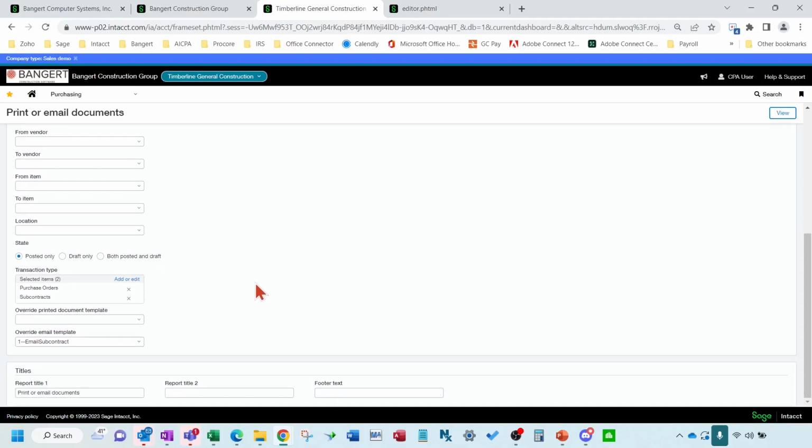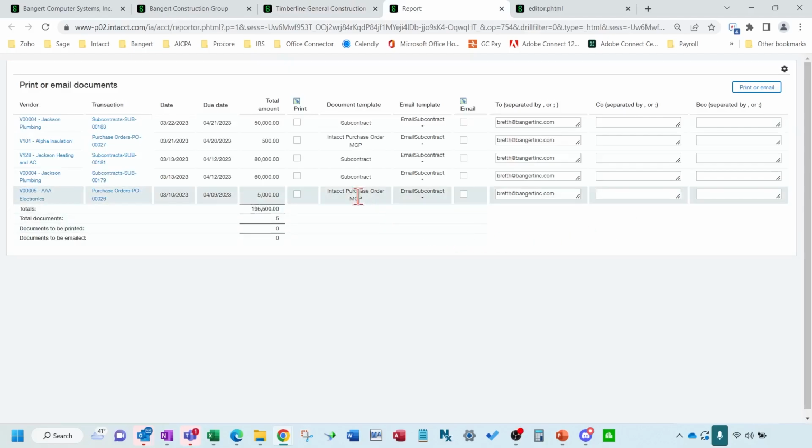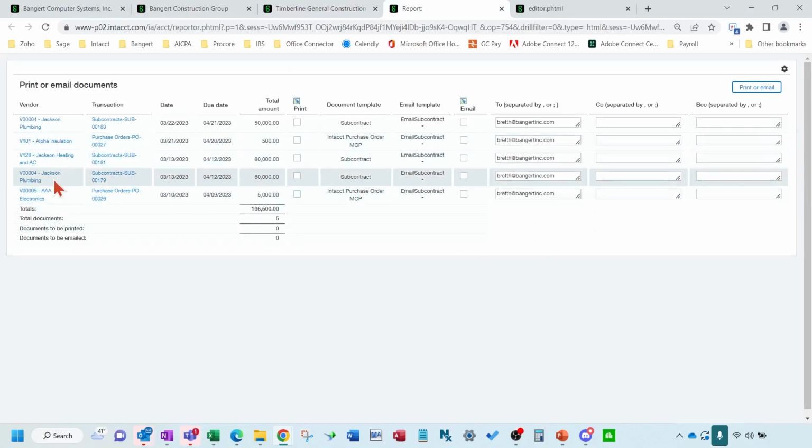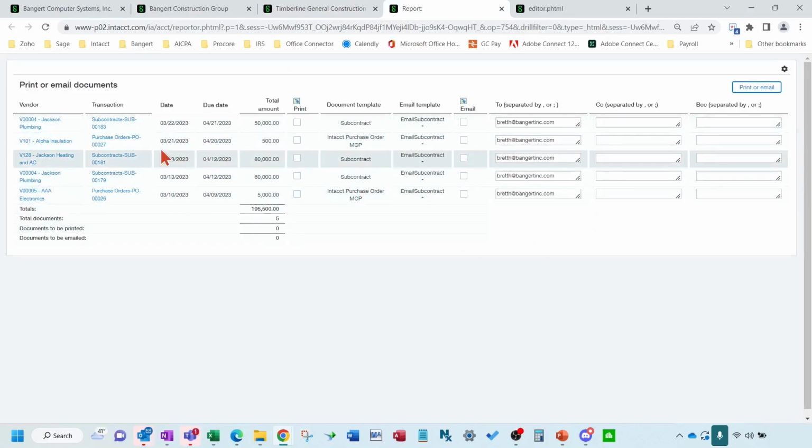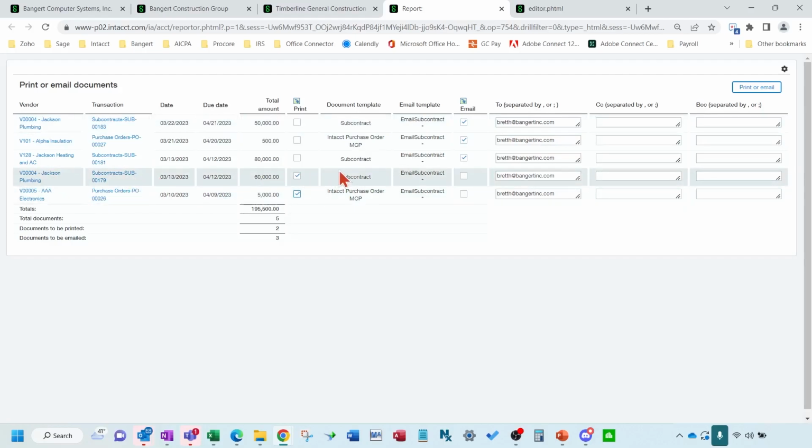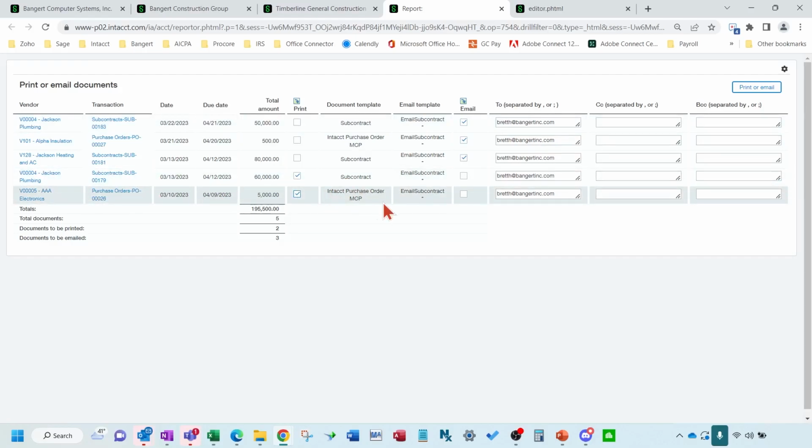Okay, now we're going to view the list of subcontracts that it's going to generate to be sent. It won't send them, but we'll click view here. And now you can see the list it has generated based on my filters and such on the previous screen. So I can decide I want to send these out, but hey, I want to print these out. So maybe for some reason these guys don't accept email and you need to print and mail them, for example.